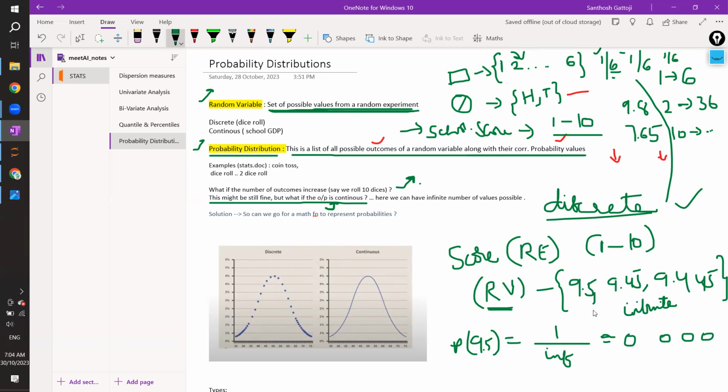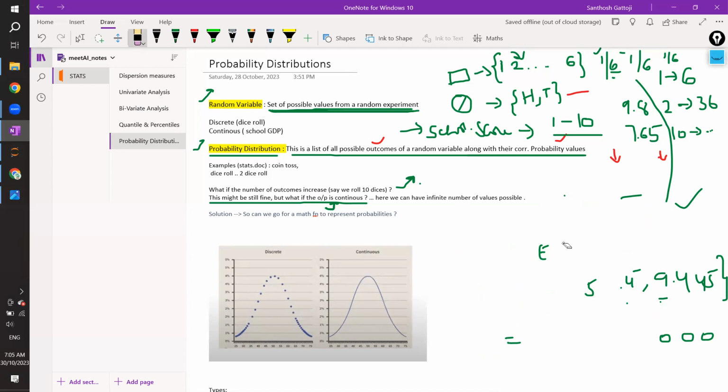If you have infinity in the denominator, any value divided by infinity will be close to 0. But how to handle this, and how to draw graphs for this, we are going to see. Don't worry. So here, what I'm concluding is